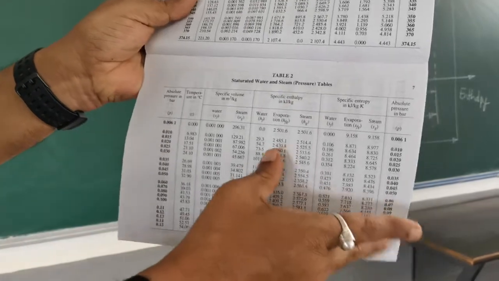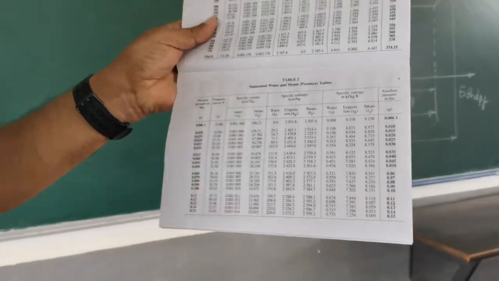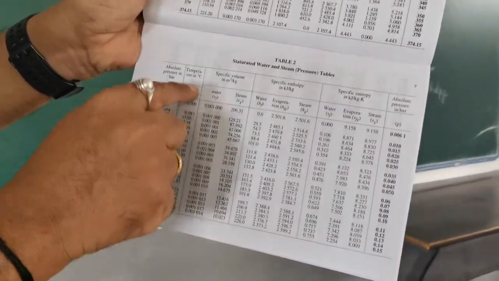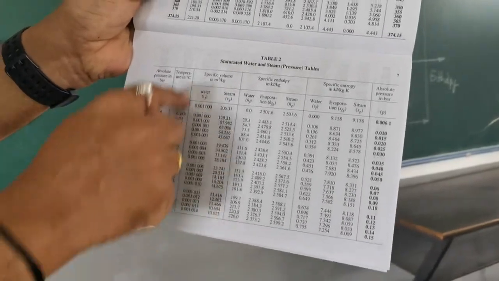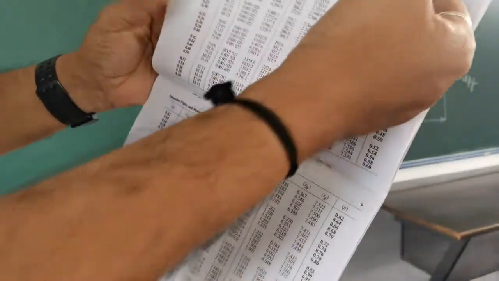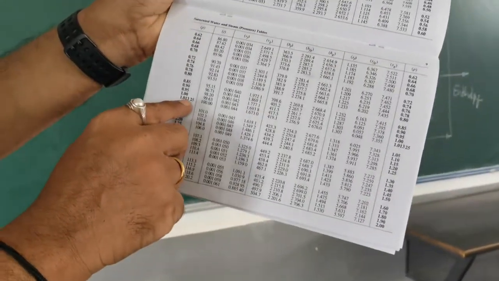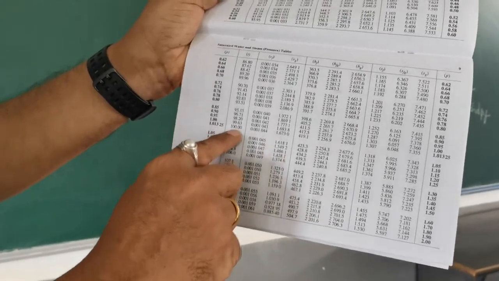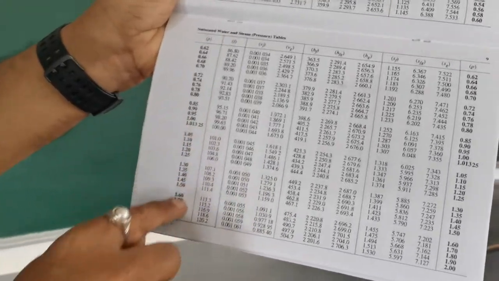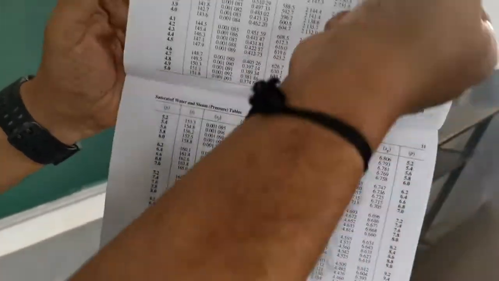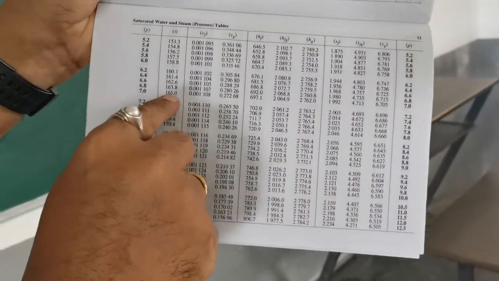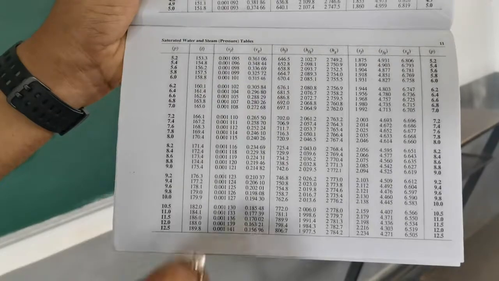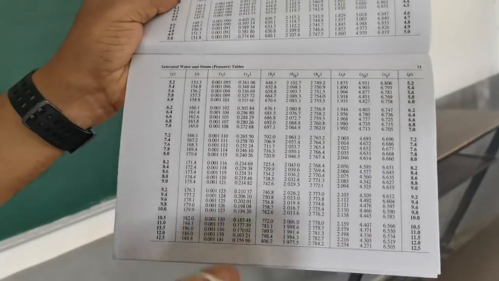It keeps on increasing. And when you remember the experiment we conducted, it was conducted at a constant pressure. As you can see, the second column is the saturation temperature, that is the temperature at which it boils. For example, at atmospheric pressure, that is absolute pressure 1.01325 bar, it boils exactly at 100 degrees. As the pressure increases, let's take an example of 7 bar. At 7 bar, water will now boil at 165 degrees instead of 100 degrees. So as the pressure increases, the saturation temperature also increases.